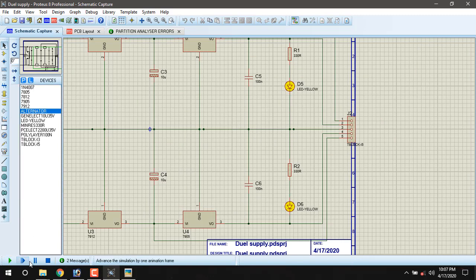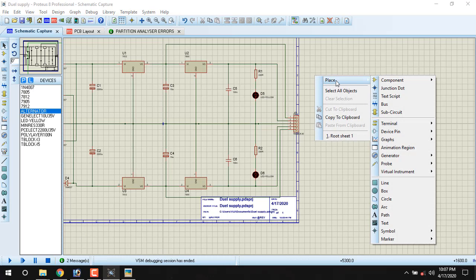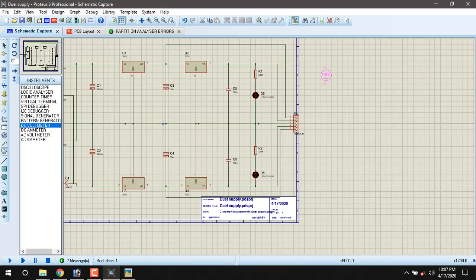Stop the simulation and then run the simulation. If you want to measure the voltage also, we can do. Right click, place virtual instrument, DC voltmeter. Here one, also here one.